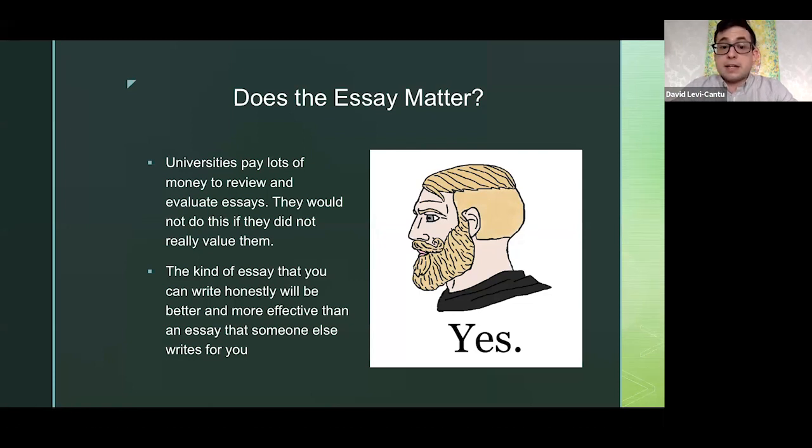But the thing is that they actually want to know things about you, because especially when you get to the more selective universities, and you have tons and tons of people applying for the same spot, Ivy League universities, universities that offer scholarships, everyone tends to have good grades and everyone tends to have nice SAT scores. And so if you want to know why you should choose this person over that person, you actually need to start looking at their essays and at these other holistic ways of thinking and see how they're different.